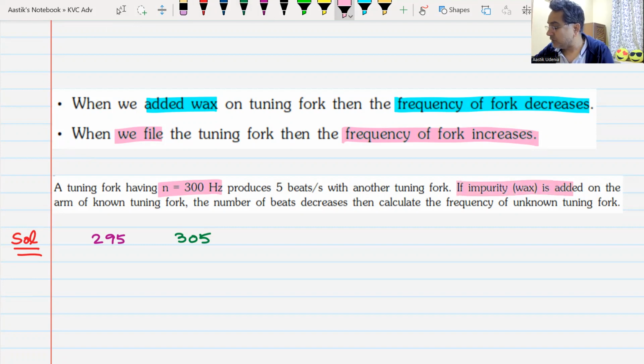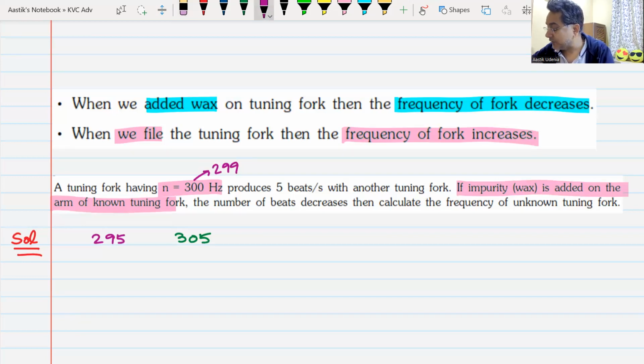Now, when you load the known one, let us say its frequency will become 301 from 300, because it has to increase or decrease. Decrease, sir, it should be. It should decrease. That is what you have to remember in this question and nothing else. If you remember that,